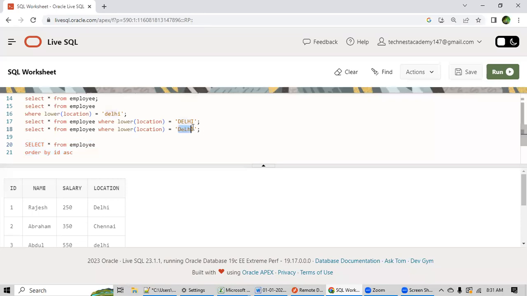Like see Delhi, this is the data. Here you have to be alert. This is case sensitive, but the table name, column name, and reserved keywords like select or whatever it may be are not case sensitive. Clear? But in real time, what do they prefer?